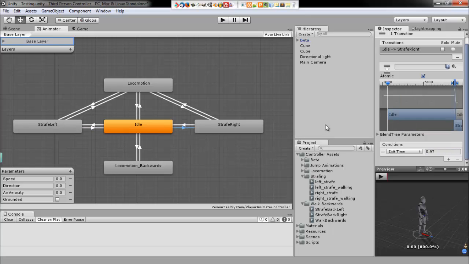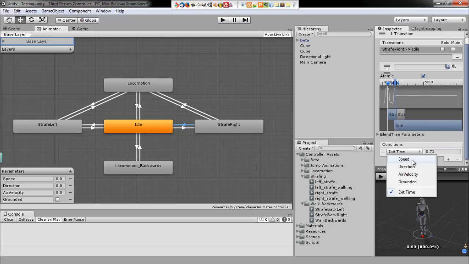So transitioning from idle to right strafe, we'll make the direction greater than 0.3, and to transition back we'll go direction is less than 0.3. I put a negative in there, it's just supposed to be positive 0.3. Okay,